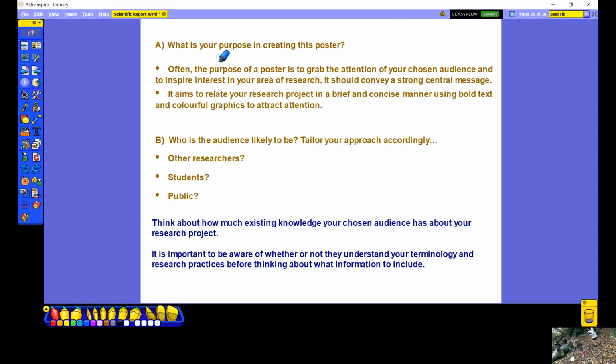So you need to know what is your purpose in creating the poster. So you want to grab attention to your audience. You're going to be talking to an audience, sharing with an audience through publishing these posters, so that you can talk about your research project. Now, these are the sorts of audiences that I think are most common for us. So other researchers, so definitely students, perhaps there might be other classes who'd be interested,